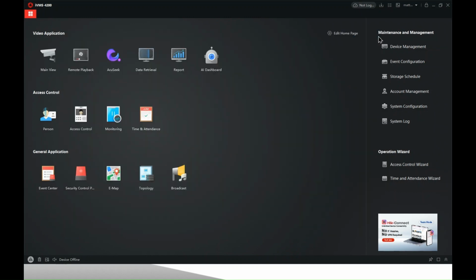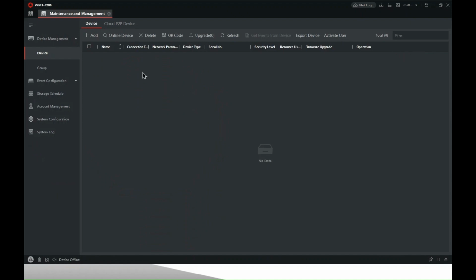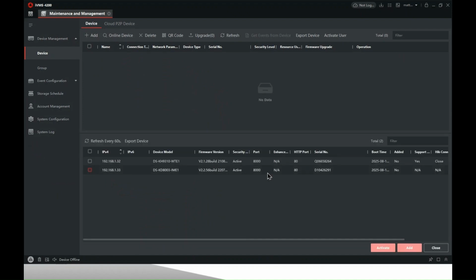Once you launch IVMS, you come to this window here. In the top right where it says Device Management, we can click on that, and that will take us to the Device Management window. At the top, Online Devices, and we will find both of our devices. So we'll find the door station, 8003, and we can find the monitor handset. What we need to do now is add these, so highlight that one at the top, click Add,